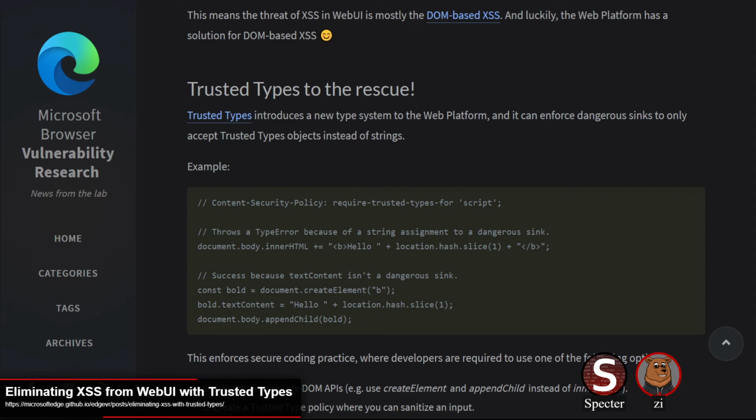Especially the Trusted Types policy, where you can include, as part of the Content Security Policy header, a directive telling the browser, hey, I only want scripts to use Trusted Types. Which means if they try to pass in a string, like you might with innerHTML, it'll just fail. If you're going to dynamically create a script element, you have to use document.createElement and build up the actual DOM element itself.